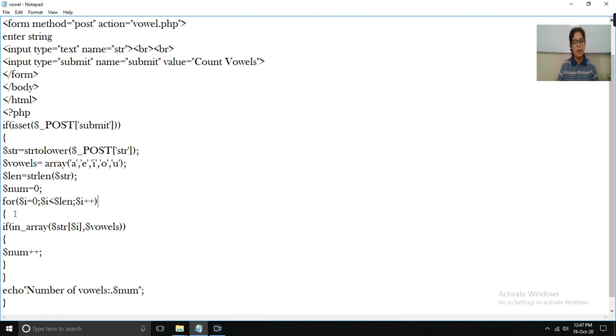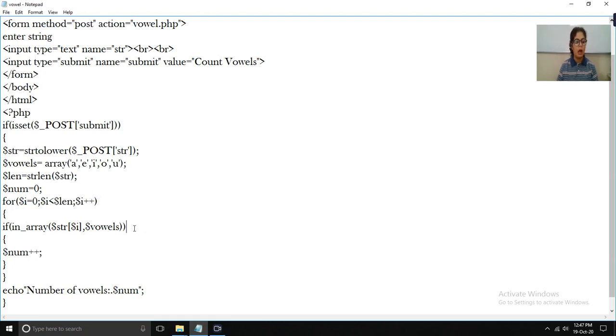So for example, if we have a string of 5 characters, the length of the string is 5. If we start from the 0 index value, it repeats the steps till i is less than 5, that is up to 4, because if we have 5 characters, these are 0, 1, 2, 3, 4. So the loop will check characters till the 4th number, because we are starting from 0. So it will check the value of the string and repeat the process. Now start with the curly bracket.